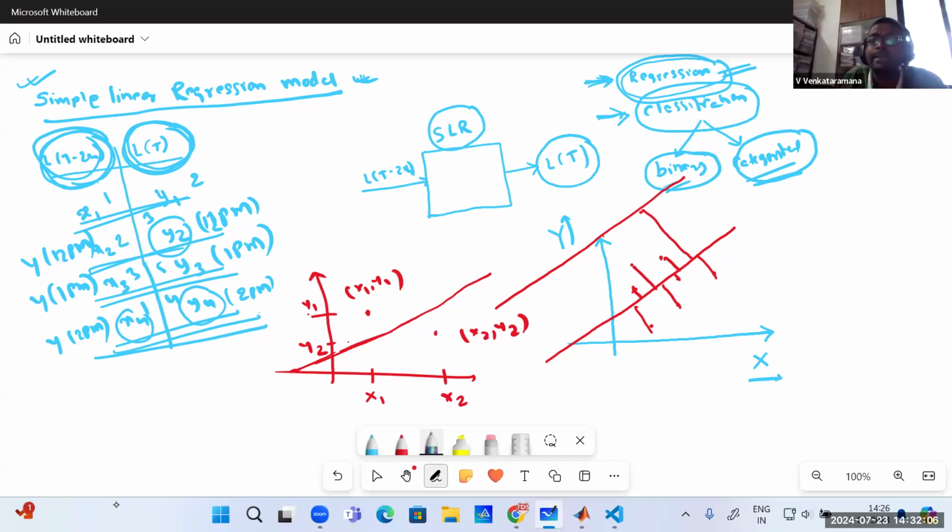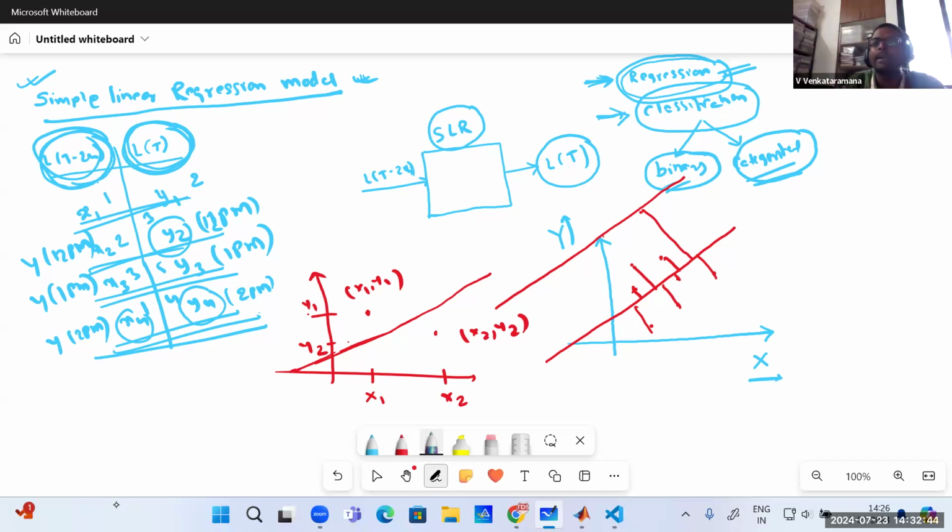And I said earlier, for X and Y, YP, your simple linear regression model will give the linear relation. It tries to get a straight line which has the minimum distance from all the data points. Let us assume this is one data point and this is another data point, and this is the line which has the minimum distance from all the data points. And how do we represent this line? We can represent this line as a linear equation, a line equation,